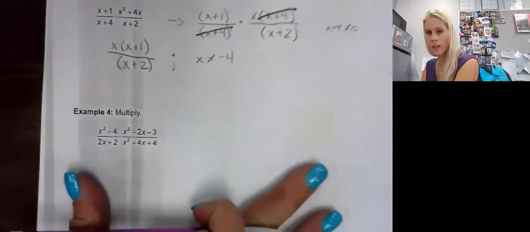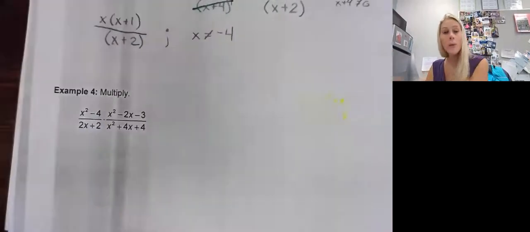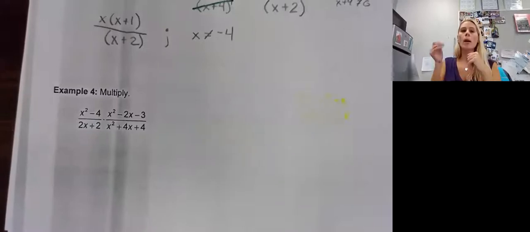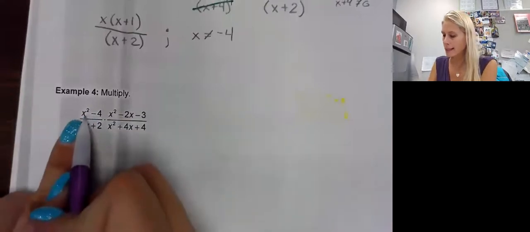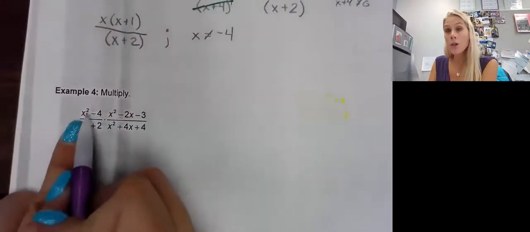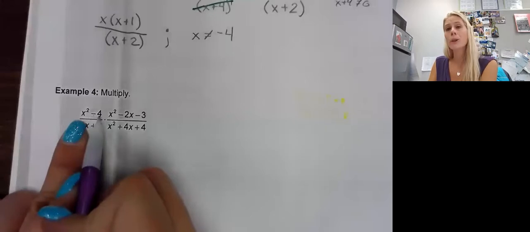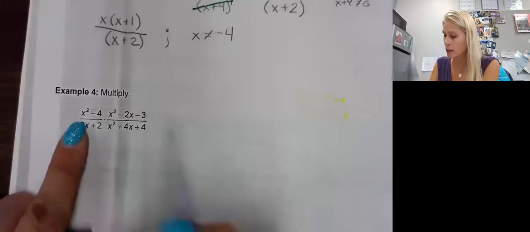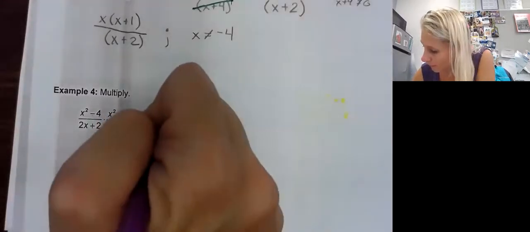Okay. All right, another multiplication, so we don't need to flip, but we're going to have a little bit more factoring here to do, okay? What I want you to see is that this is x squared minus 2 squared. Remember that was your a squared minus b squared, the difference of squares. So when we factor that,